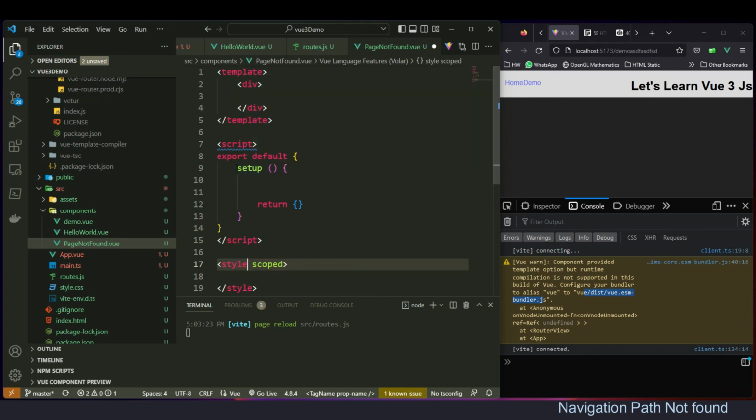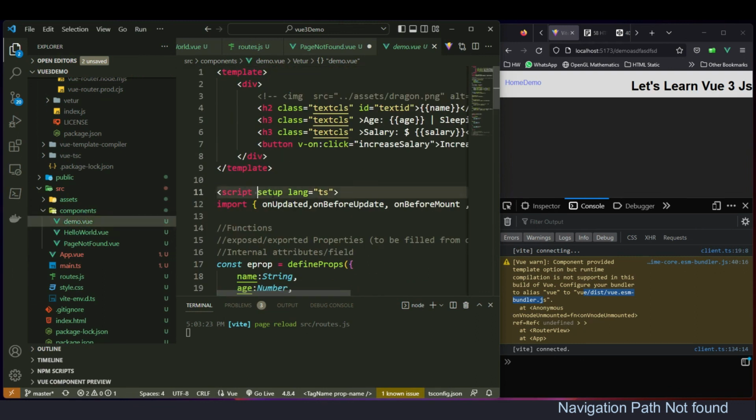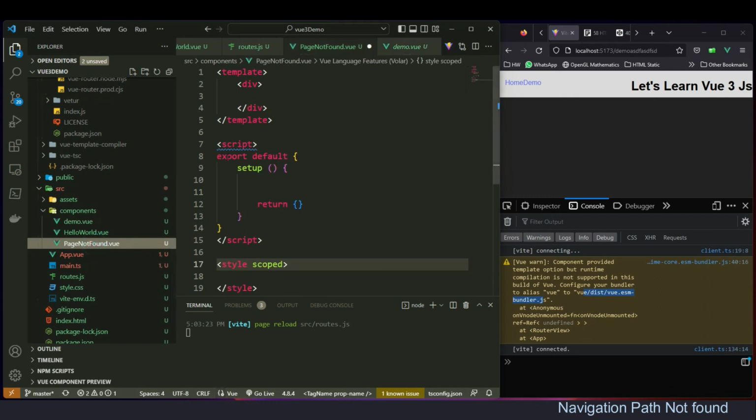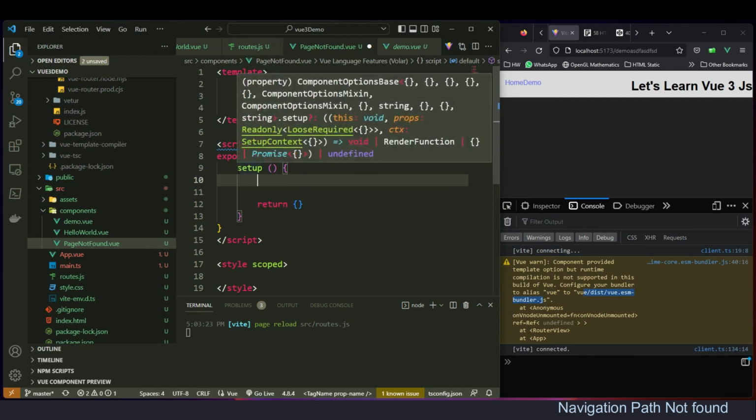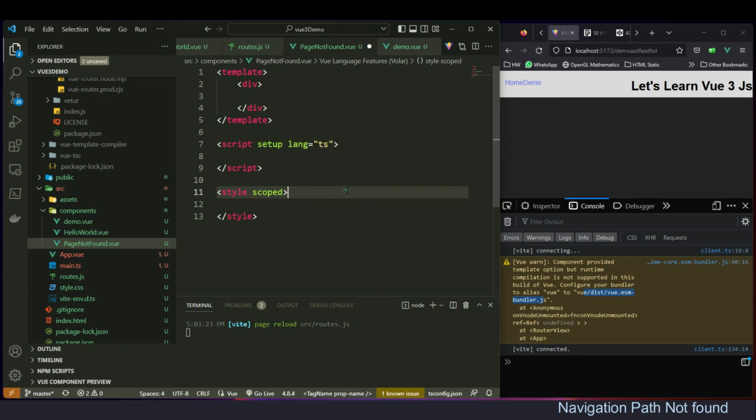See, this is the difference. In our demo, we saw that in the script we are directly calling the setup. But there is one more way, which is to export and set up. Here you need to return when you are having a constant, a property, a method, whatever it is, you need to export it. To avoid all those issues, you directly remove it like this. That's it. So it will remove everything. We can directly have it there. Lang is equal to TS. Okay. We're not going to do script and state as of now, but here, let's say